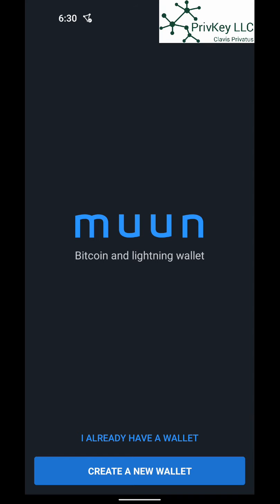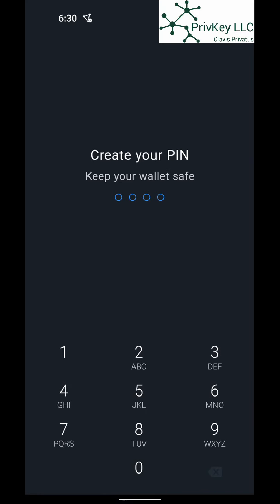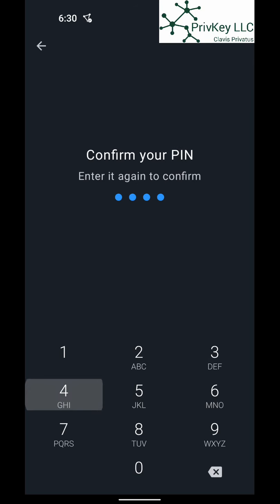You have two options. You can create a new wallet, or if you already have a wallet, you can restore. We're going to restore later on after we make a backup by creating this new wallet. So we're going to go ahead and create it. It's going to ask you to add a PIN, so we're going to add that PIN and confirm the PIN again,